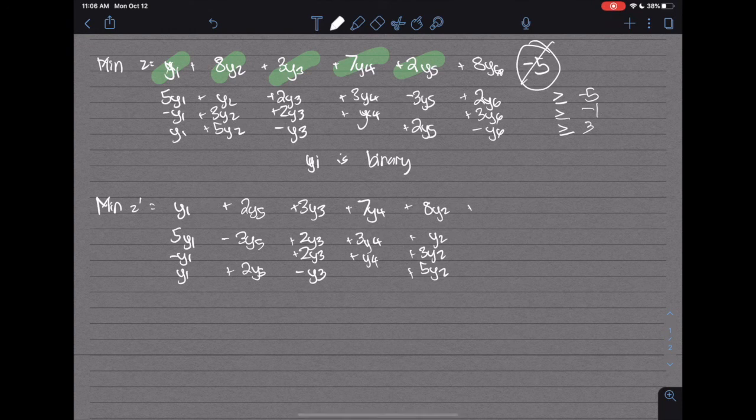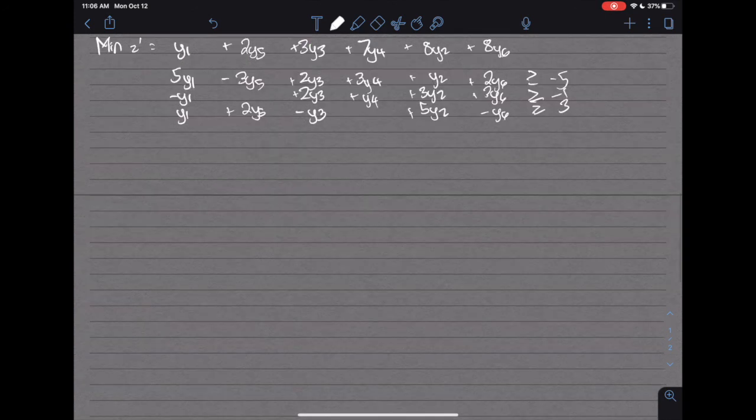And lastly, y6. And your right hand side. Great. Now from there, we can do your branch and bound method. Alright, so for the branch and bound method, I like to do it using blanks and